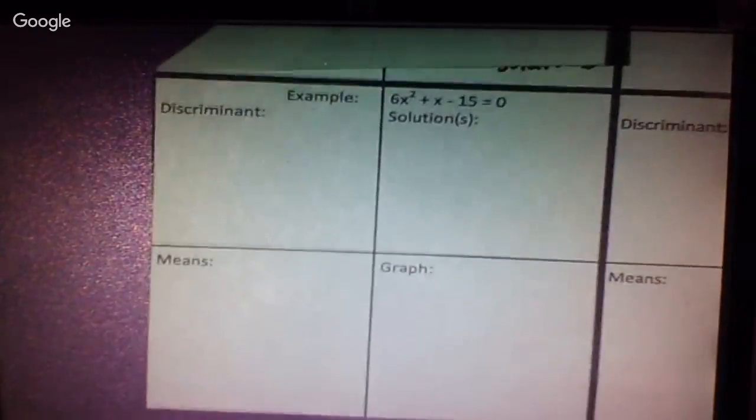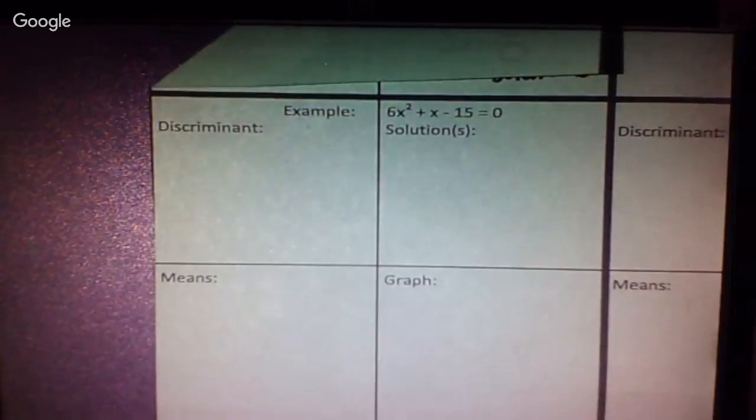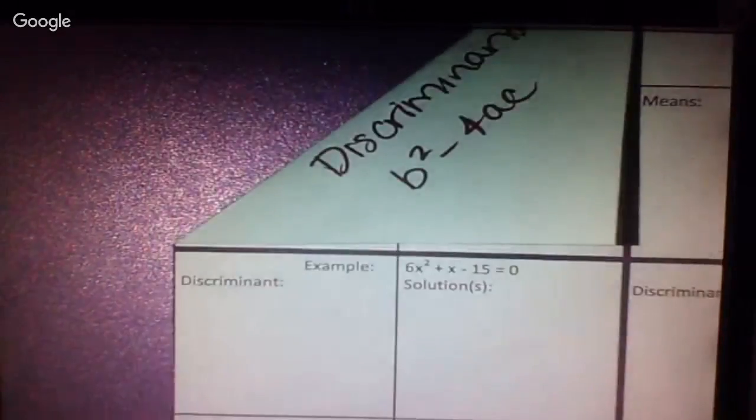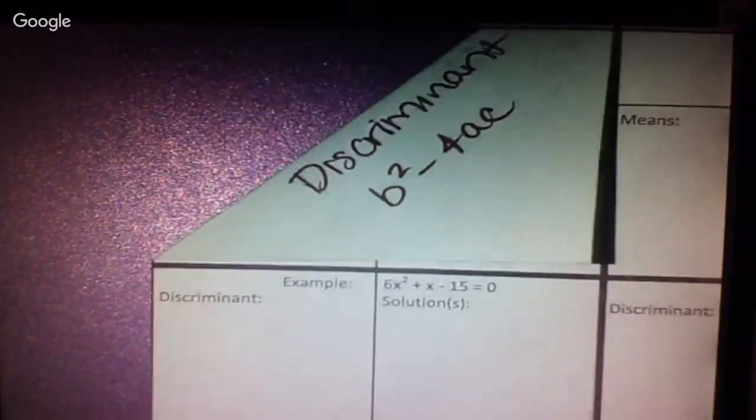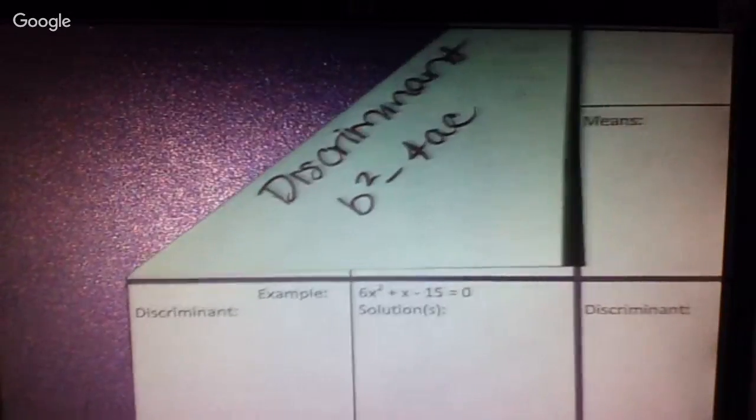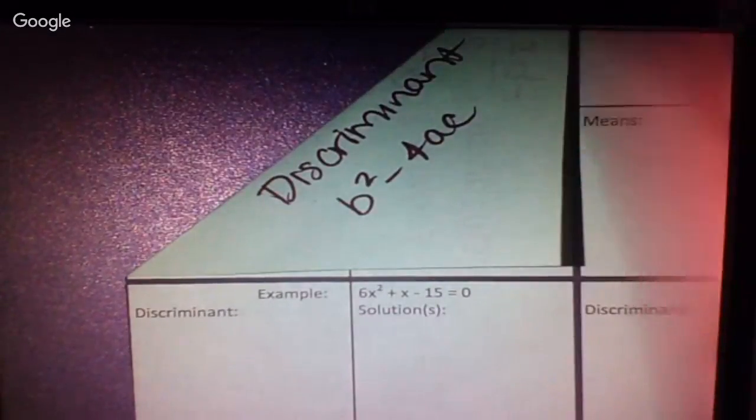All right. What do we put on? Discriminant b squared minus 4ac. Just so you know what's underneath the flap. So when you go to reference this page,